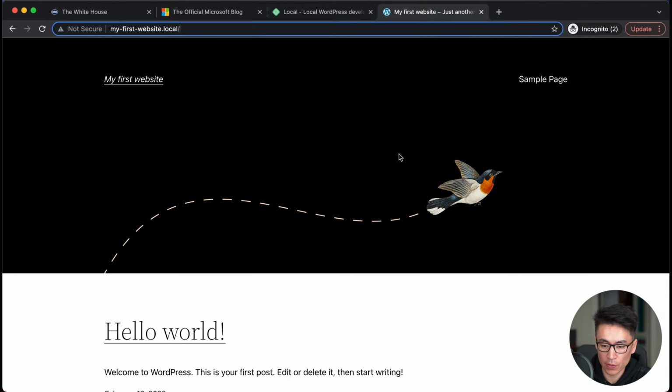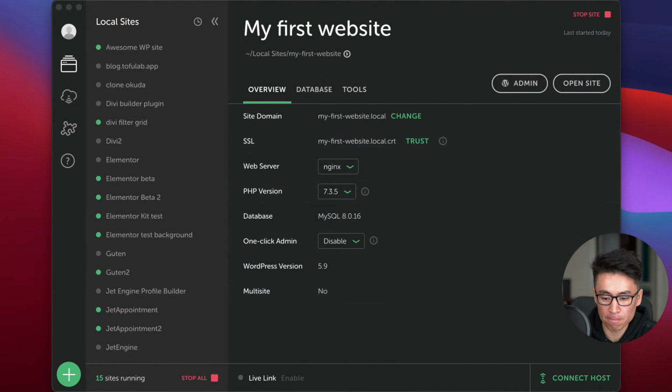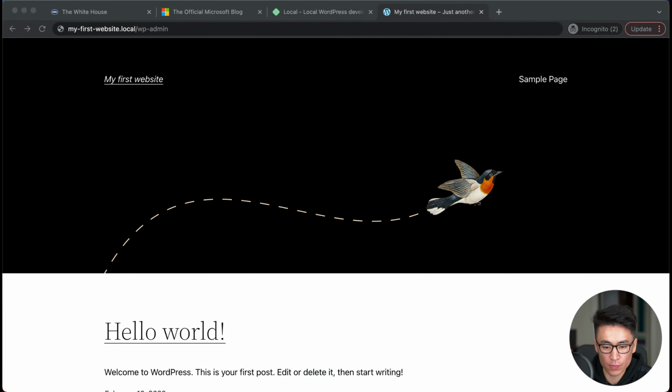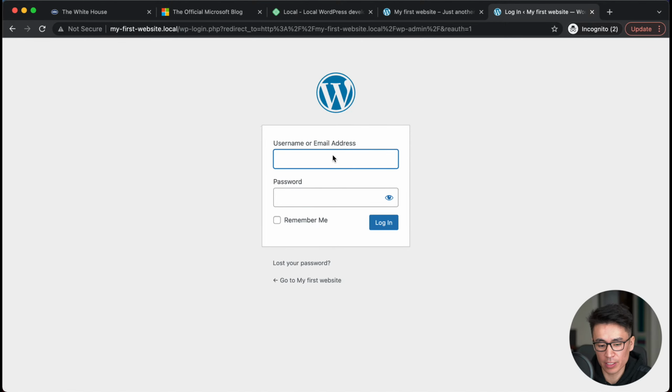All right. Then you can press admin, or you can go to WP admin, type in, or, okay, maybe I'm going too fast for this part. Well, press this button, admin. Then, wait. This page should pop up.